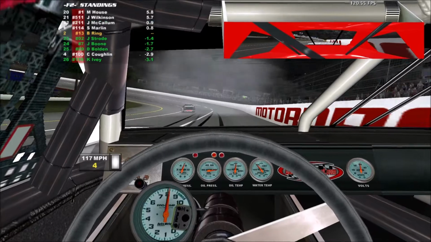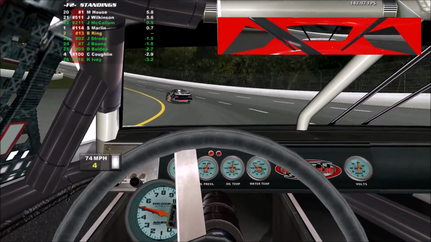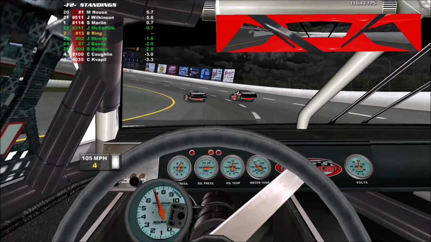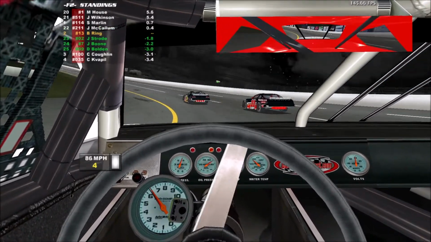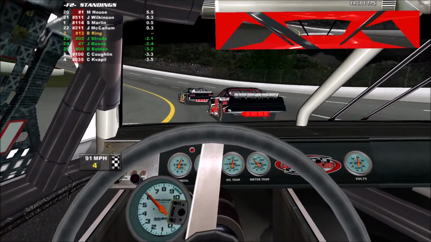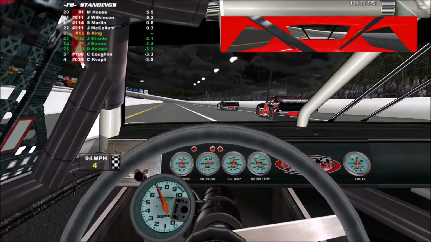Because we're running without caution flags, my only hope is that they get it all cleared up and everybody gets off the track before we get back to it. And it looks like they did. All right, final lap. White flag. 1 more lap to go. I don't think we got anything for Sterling, especially since he's just now cleared that lap traffic. And we're getting no pressure from behind, so it looks like we're going to be able to cruise on to